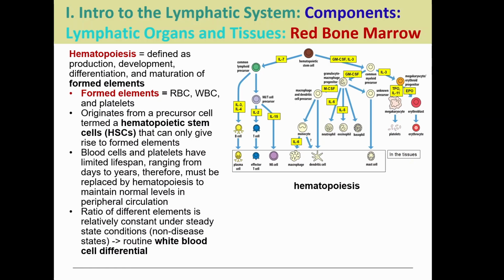Go back to that common myeloid precursor. If it's GM-CSF, we get a granulocyte macrophage progenitor, and then M-CSF takes us to the macrophage dendritic precursors, interleukin 6 to a neutrophil, interleukin 5 to eosinophil. We don't know the precursor to go to the mast cell, though. So going this direction, we don't actually have an answer as of now.